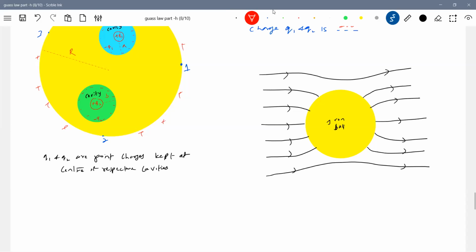So what about the charge? Negative charge will be induced here. This will be positive charge. Now, what about the net field at point P? It should be 0. Due to the external field E naught, the field will be like this. So this is actually uniform. This field is uniform. Later on we'll draw horizontal lines so that you'll understand.